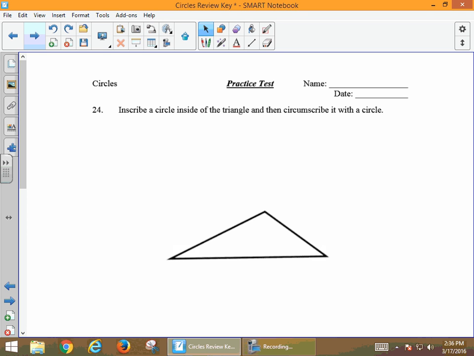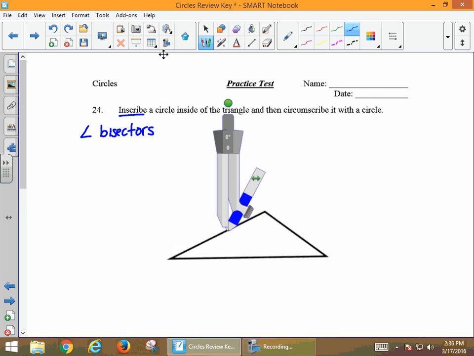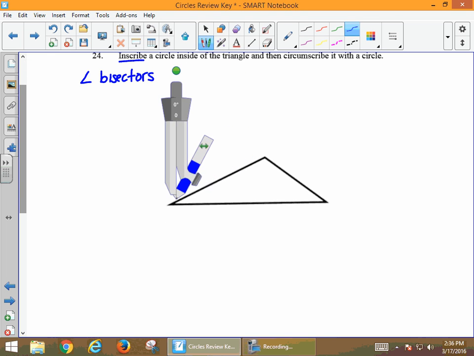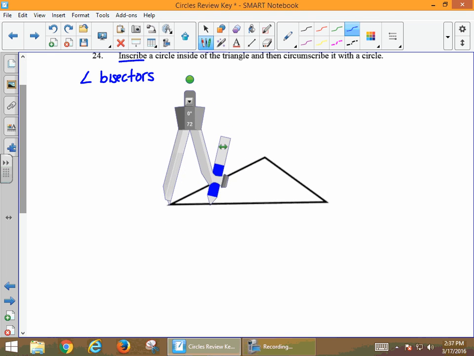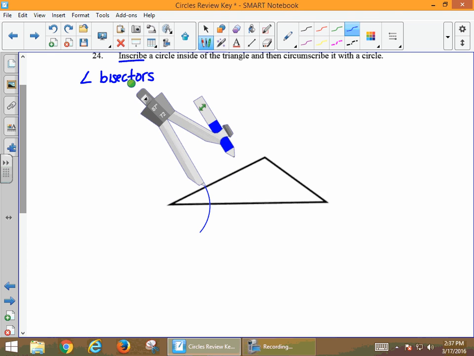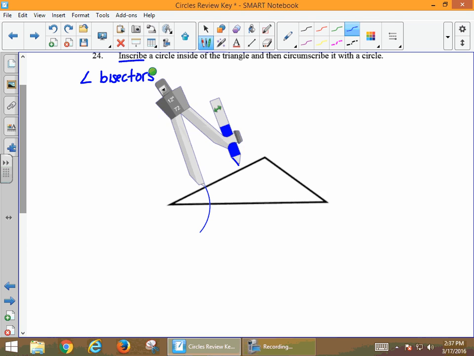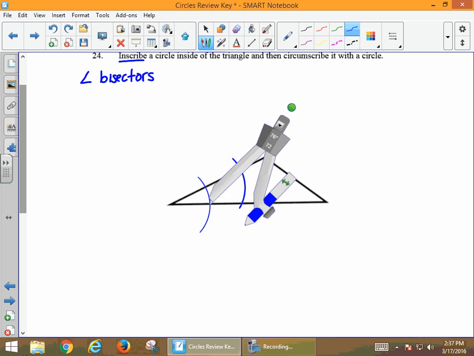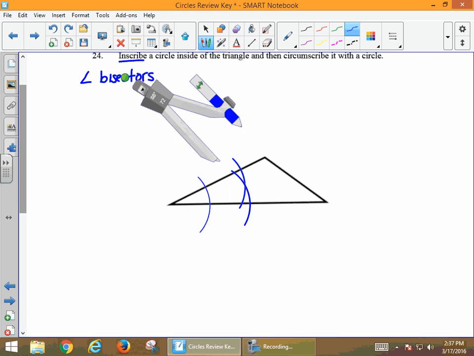So the first one I'm going to do is inscribe a circle. I'm going to put a circle inside of this triangle. So in order to put in an inscribed circle, I have to do angle bisectors. Give yourself an arc to start with. Go to the points where the arcs cross. See where these two things cross one another. And then I connect